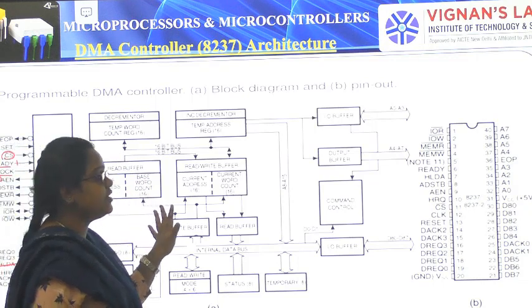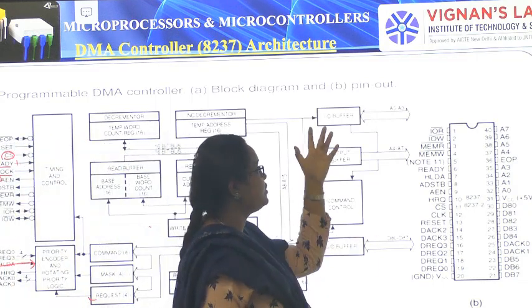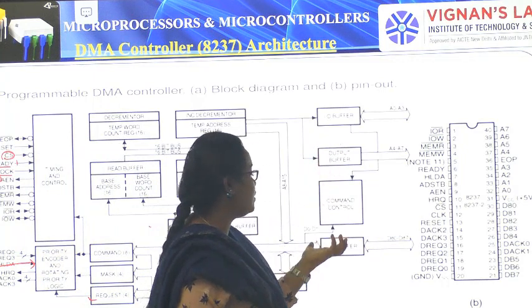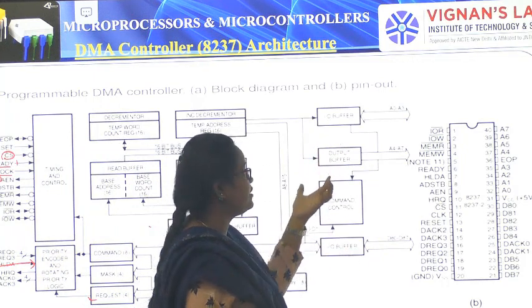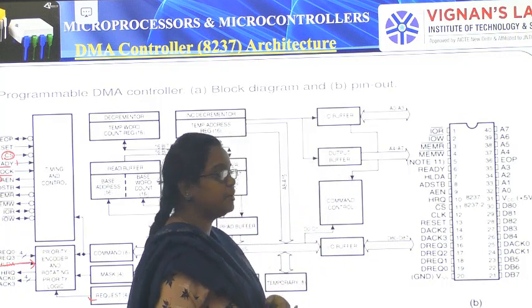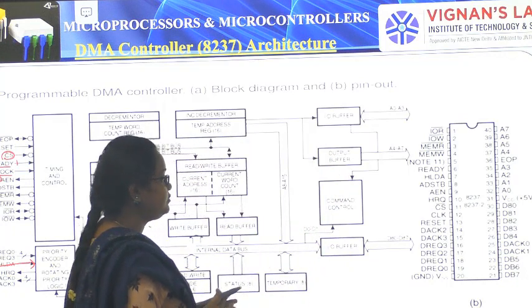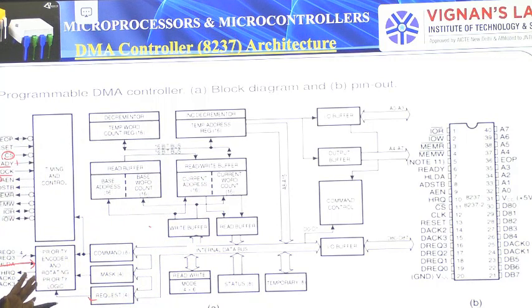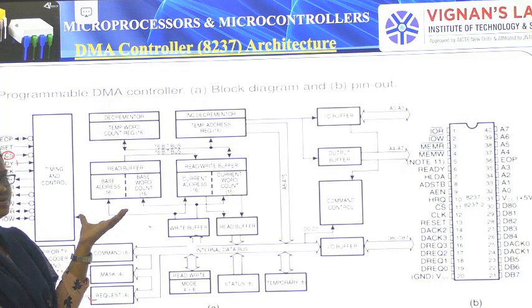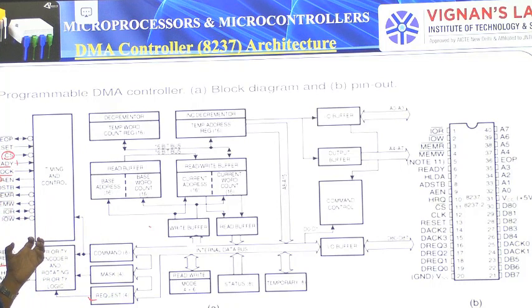The data is given to the input and output devices by using these ports, command control, and the input and output buffers. So this is a block diagram in which the devices with priority are handled by the DMA controller first. Then, priority wise, it can handle the devices, and the registers are used to store the data from the input and output devices or memory devices, for the read and write operations.